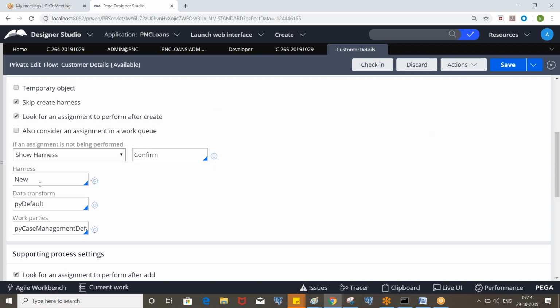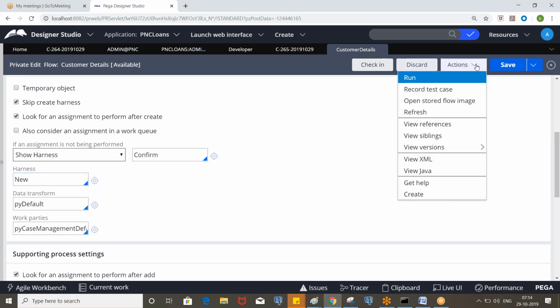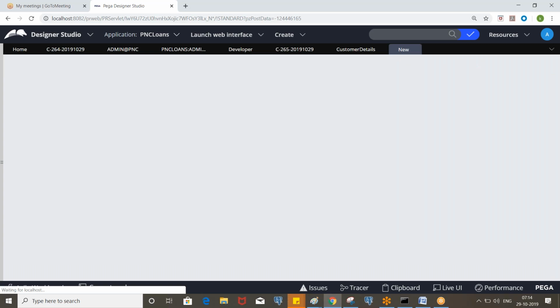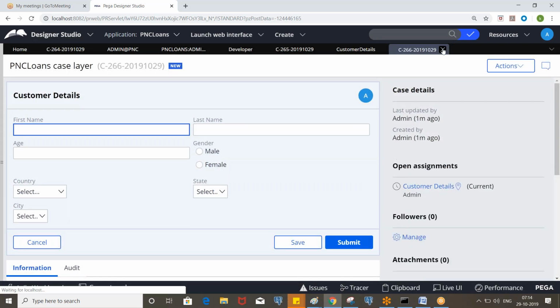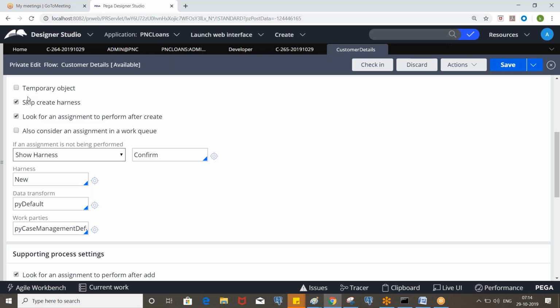Every time you execute a flow, the new harness will be executed, but we are skipping it here. That is the reason you are able to see the work object item created by default. Now I'm going to uncheck that checkbox, and let's see what will happen.